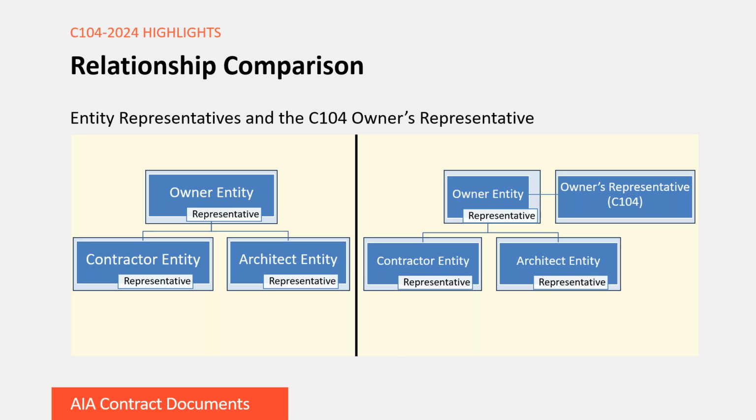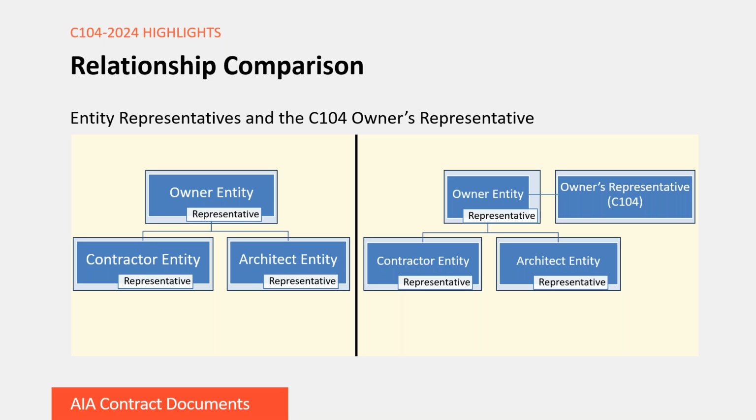If you look at the diagram on the left, you're going to see a conventional contract structure. Here's where the owner hires the architect and a contractor to perform the services or work on a project. In most cases, the name of the owner in a contract is the business entity. Then you have the contract, which includes a fill point for the parties to name an individual who works within the company that will have the authority to make decisions for that company. Then you have the same thing happening in the contract for the contractor and the architect.